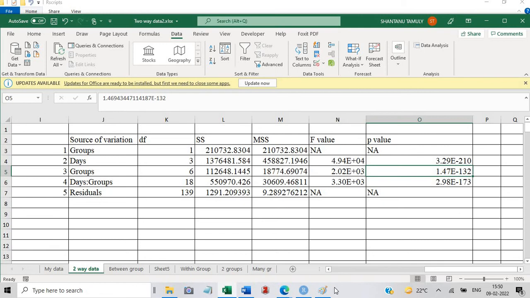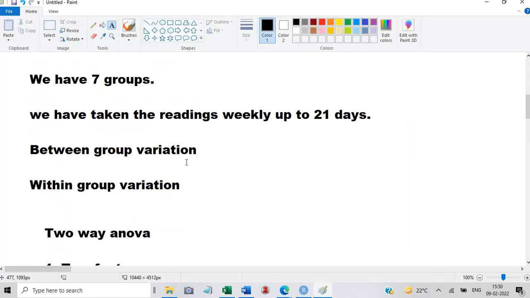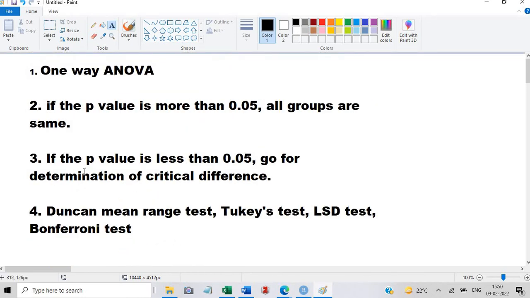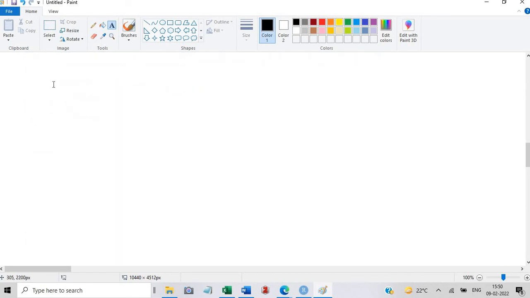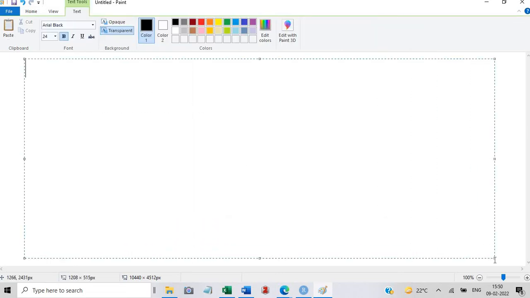So what happens in the case of two-way ANOVA? In one-way ANOVA you only have to do the Duncan test, but in two-way ANOVA, if the p-value is less than 0.05, then you have to see two things.